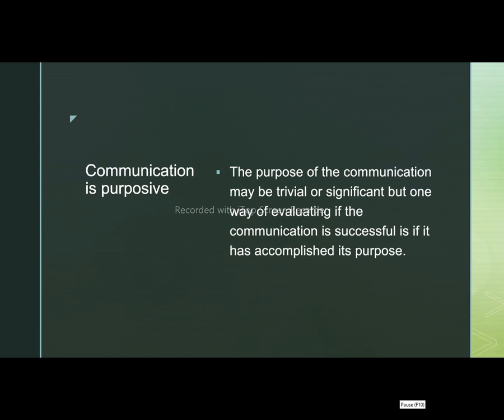That can be trivial, like telling a joke, or that can be significant, like announcing to your classmates that you have to give or you have to get or you have to take 20 pesos from them for a project, like that. Ayan.